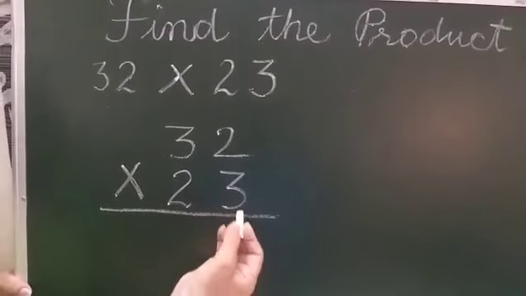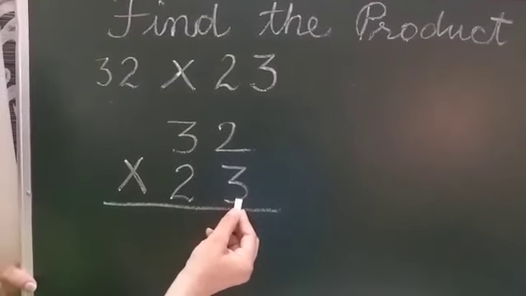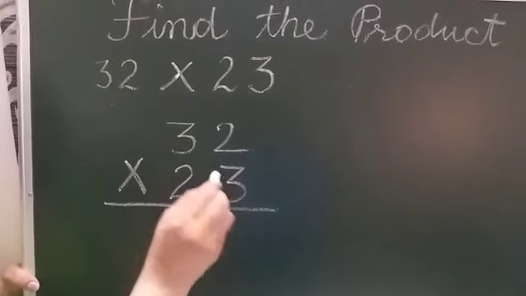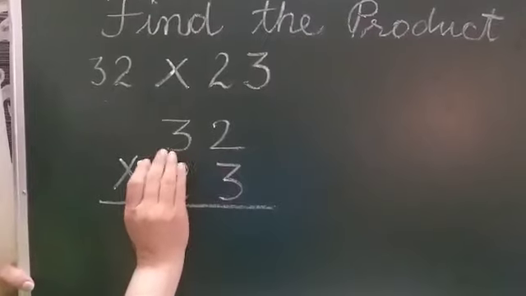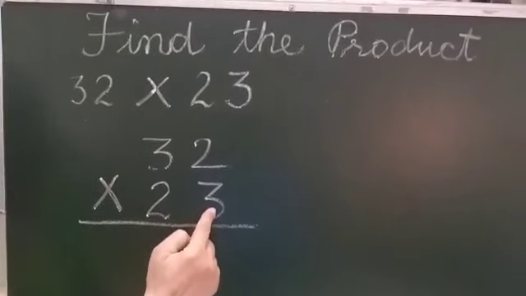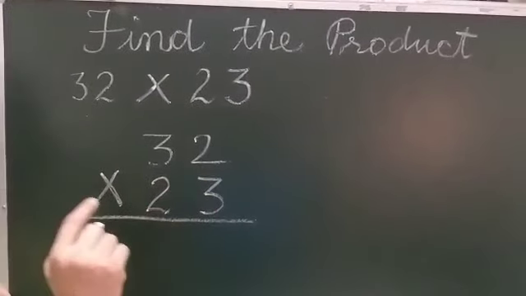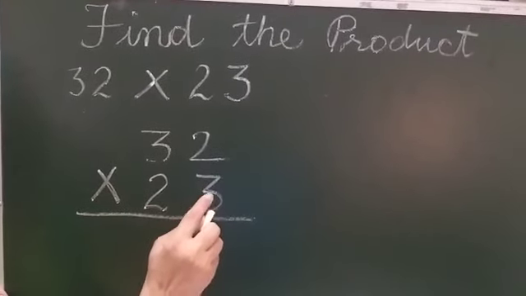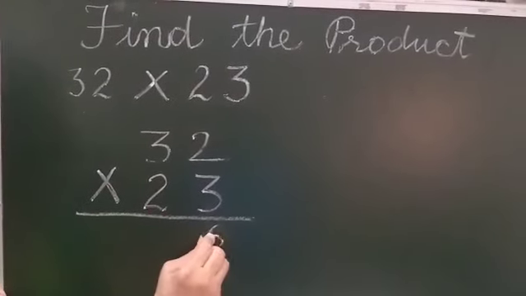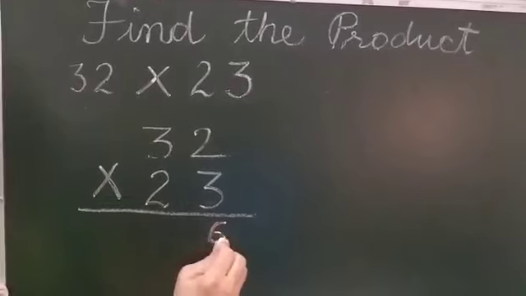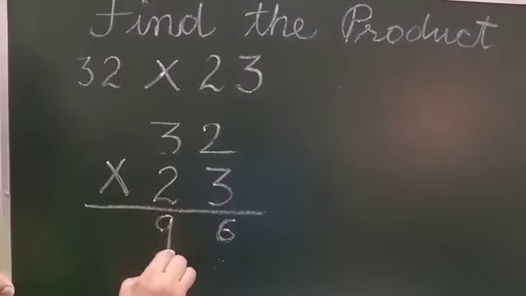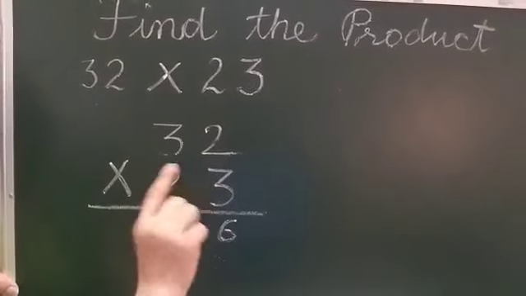So as you can see, we have 3 at the ones place. So we begin the sum from 3 and our focus should be on 3. We don't have to see this 2. Start from this 3 and the turn of 2 will come later on. Let us start. The first step, we start from 3. 3 2s are 6. Write down the 6 here. Then 3 3s are 9. Write down the 9 here. So the turn of 3 is over.